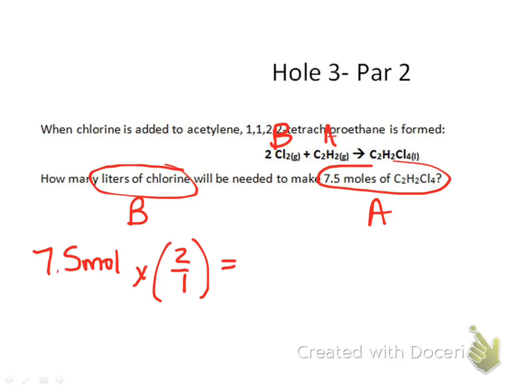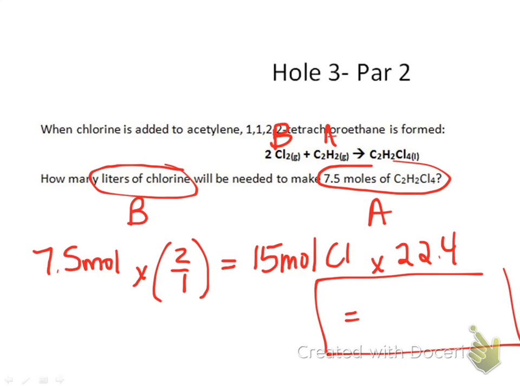So, what's 7.5 doubled? 15 moles of chlorine, right? But we don't want moles of chlorine. Now we have 15 perfect chunks. How many liters is that? You have 15 perfect chunks of chlorine. Sorry, how many liters is that? What's the very last thing that we have to do? Perfect. What is 15 times 22.4? 336